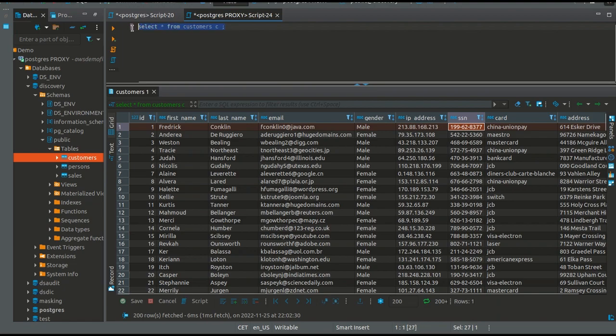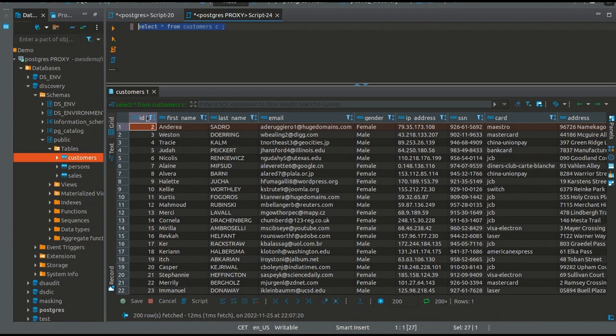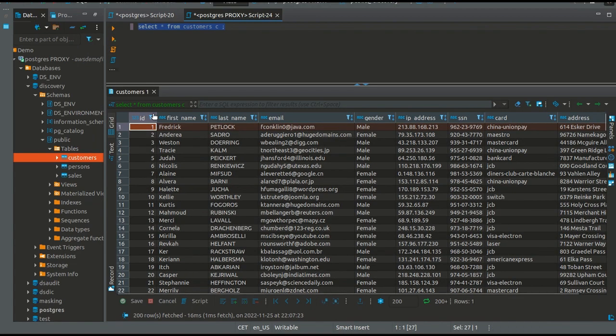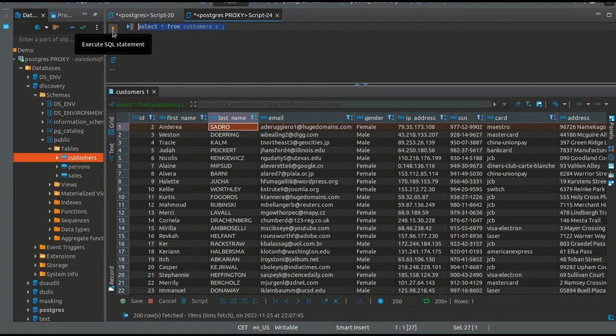Since the rules are already activated for SSN and the last name, we can retrieve the data through Data Sunrise, running in the proxy mode, as we see, and then we will see the difference. So if we sort, there's a sorting ability. The Frederick, instead of Conkin, we see the padlock. Now it's the new last name of this person, and the SSN becomes 962 and then something. So if we try to select data one more time,